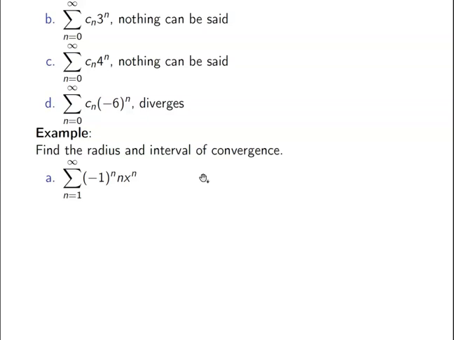Now, before we go crazy about this, notice that this is an alternating series. The only way I can test for convergence for an alternating series is the alternating series test or the ratio test. The alternating series test, I don't know what's happening because of this value x. I have no idea